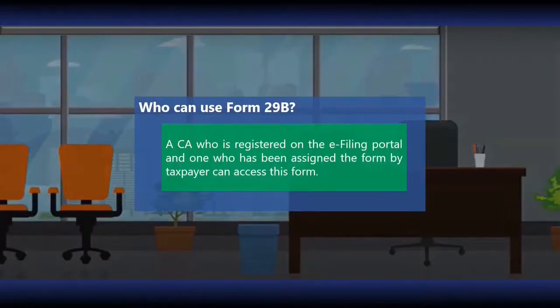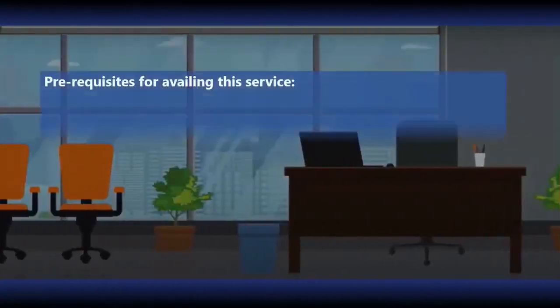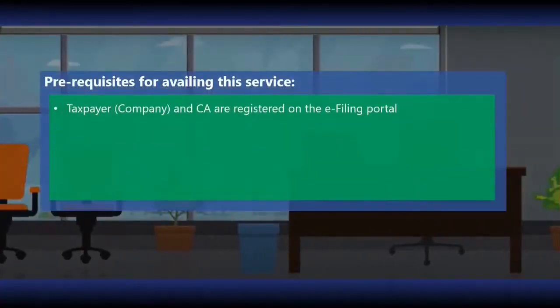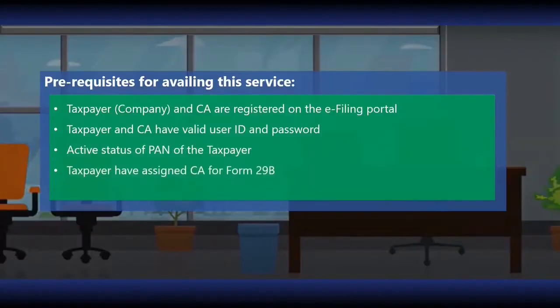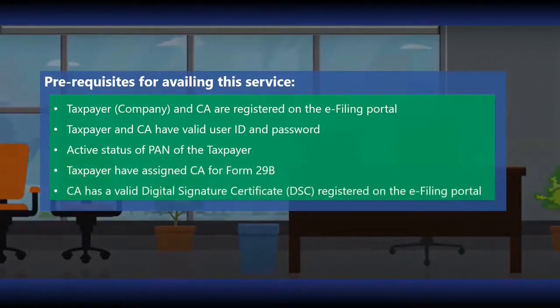Let us now look at the prerequisites for filing Form 29B. The taxpayer and the chartered accountant should be registered on the e-filing portal. They should have valid user ID and password. The status of PAN of the taxpayer should be active. The taxpayer should have assigned the CA for Form 29B, and the CA should have valid digital signature certificate registered